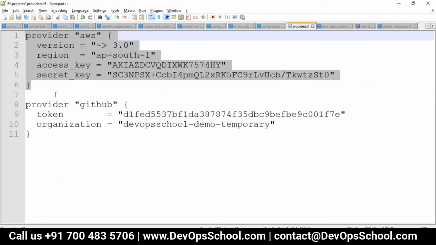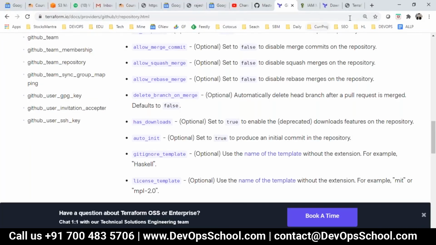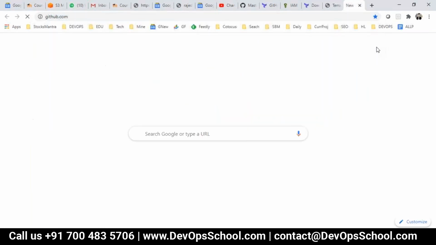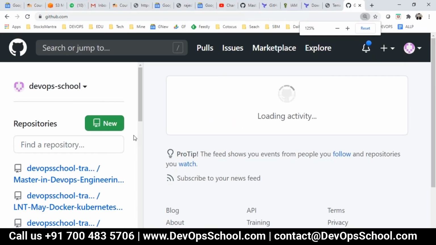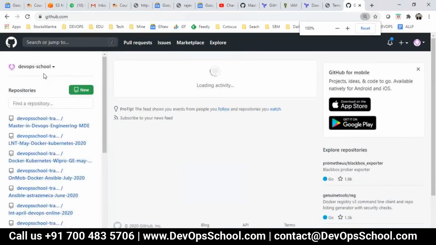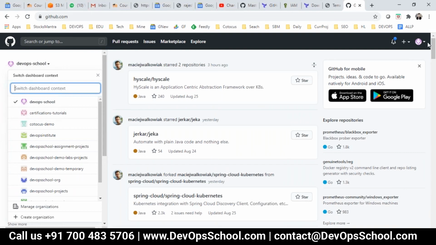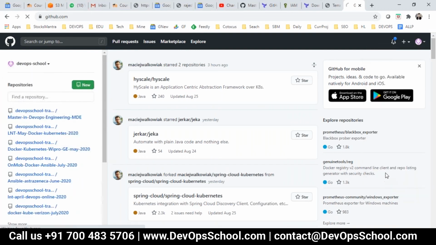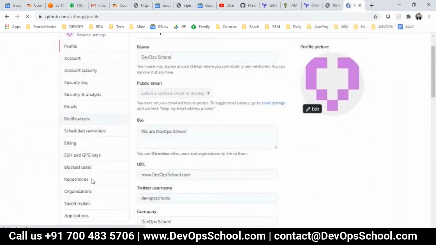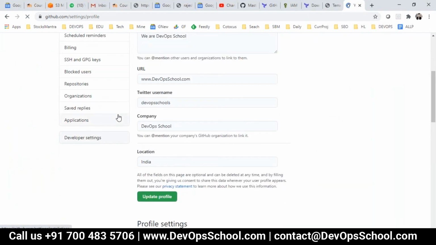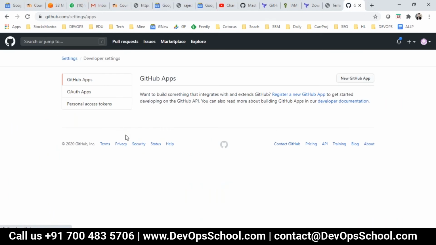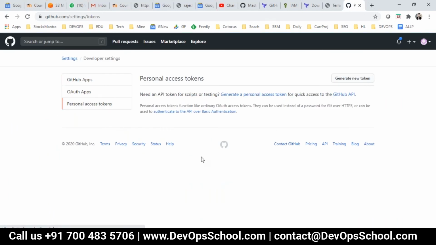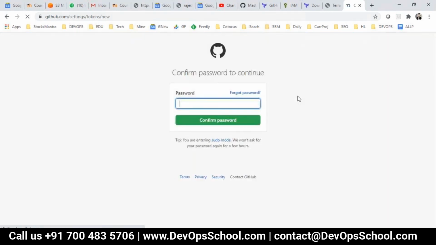Now before that, I should update the access for GitHub also. So let's go to GitHub. I'm going to get the key: settings, developer settings, personal access token, generate new one.